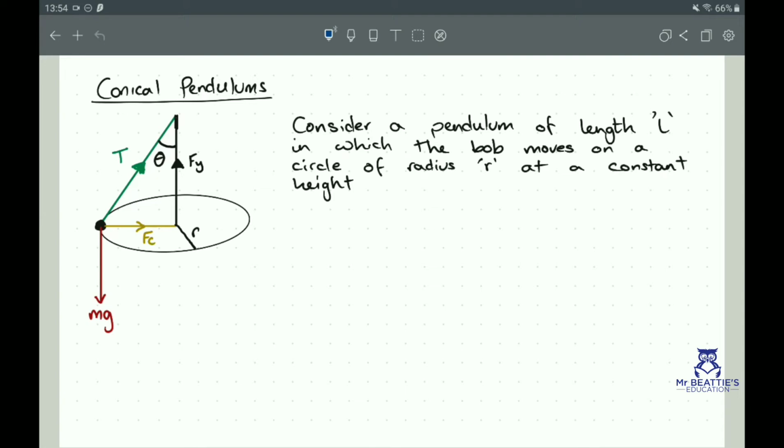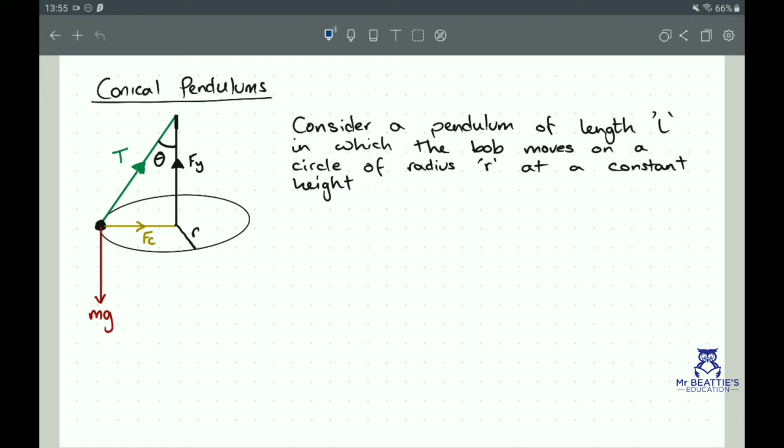And the centripetal force is going to act along the radius, right? Because it always acts towards the center of the circle. The tension in this case is acting down the string. So those are not equal to each other anymore, because the pendulum is forming a cone, okay? We've got the weight of the bob acting downwards, okay? So that's our mg, is the weight of the bob acting downwards. Now, what we're going to do is, if we analyse this triangle here that we've got